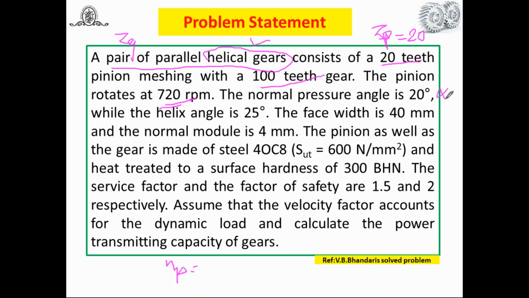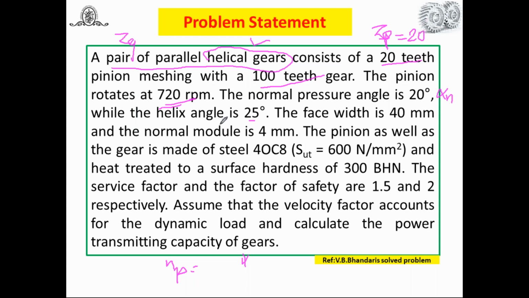Normal pressure angle, that is alpha n, is equal to 20 degree, while helix angle is equal to 25, that is psi is equal to 25. Helix angle plays an important role in helical gear. You know very well, I have already discussed the physical significance of helix angle in helical gear. If the helix angle is 0, at that time the helical gear becomes a spur gear. You know very well the range of helix angle: it should be greater than 12 degree and up to 30. If it exceeds 30, what would happen? And if less than 12 degree, what would happen? We have already discussed it, and it's all about the physical significance of helix angle.